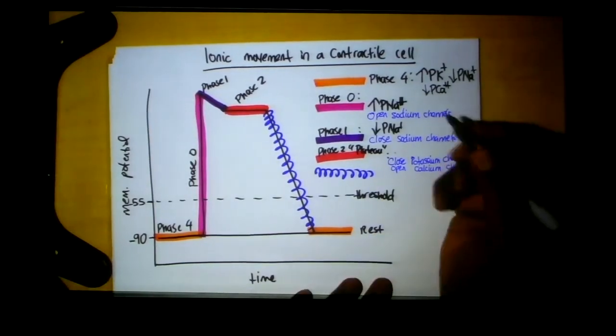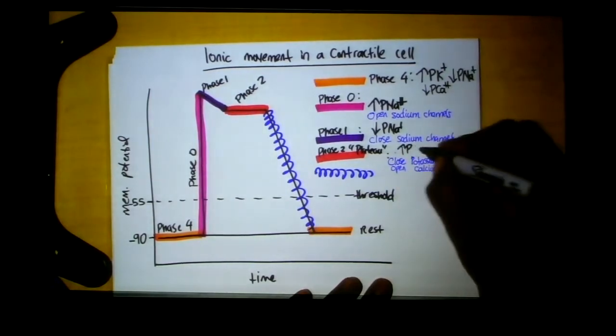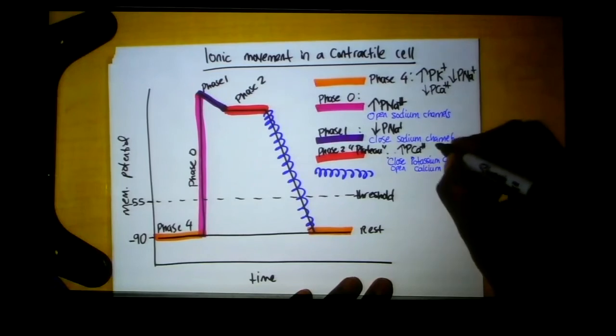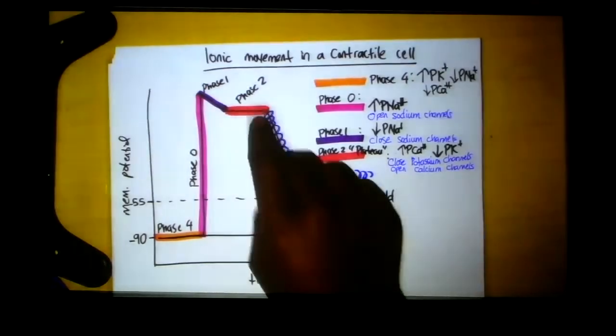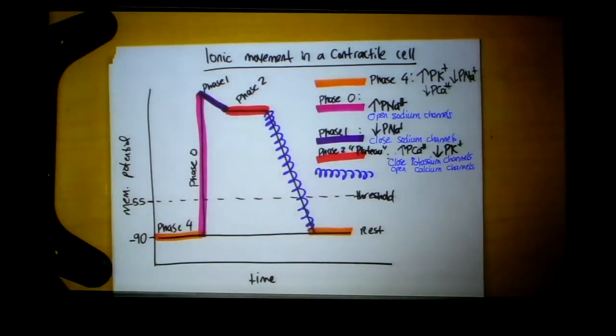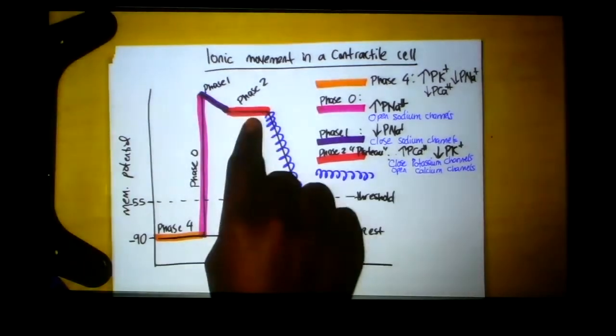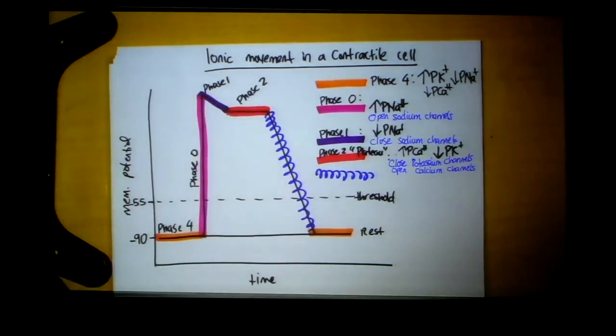All right, and so what we have here now is an increase in the permeability to calcium and a decrease in the permeability to potassium, okay? And this is really important. This helps to delay the action potential. We have two really important functions for calcium, okay? Calcium is not only helping to sustain the action potential, but it is really important in the actual cross-bridge cycling